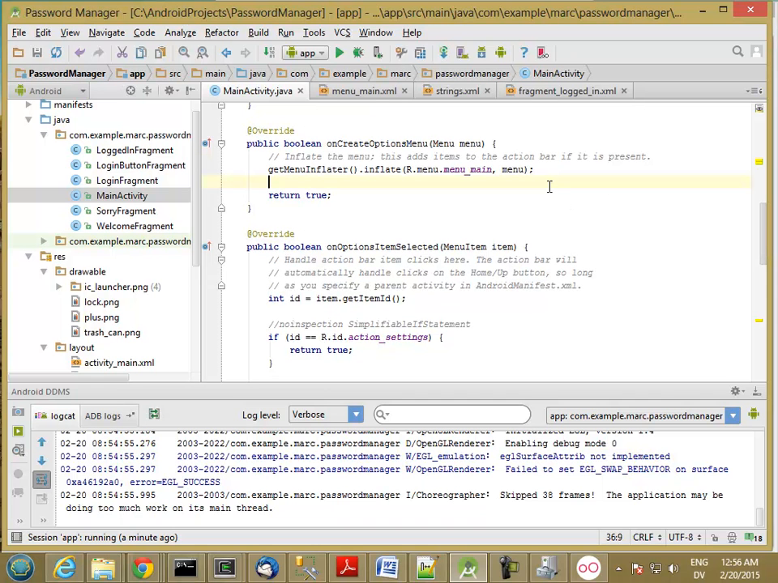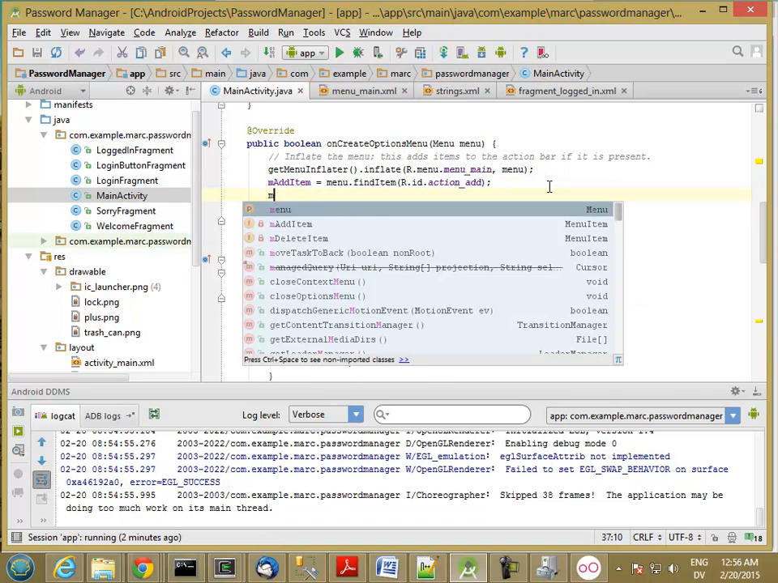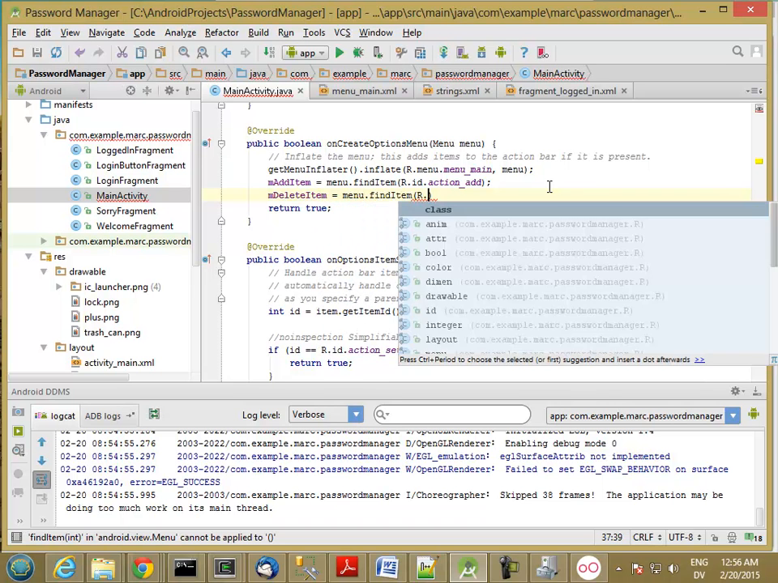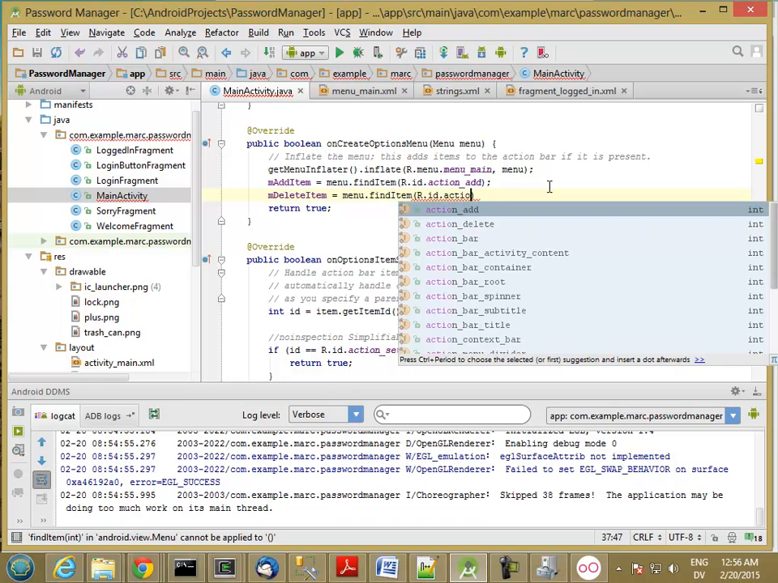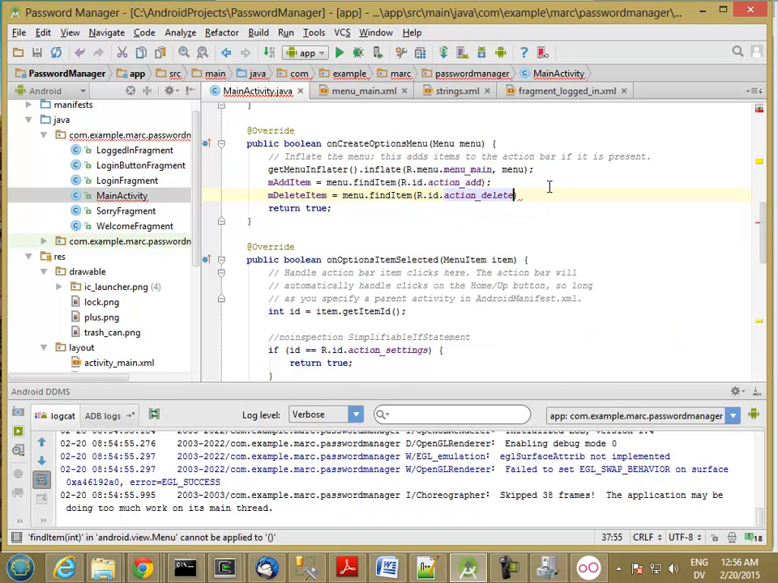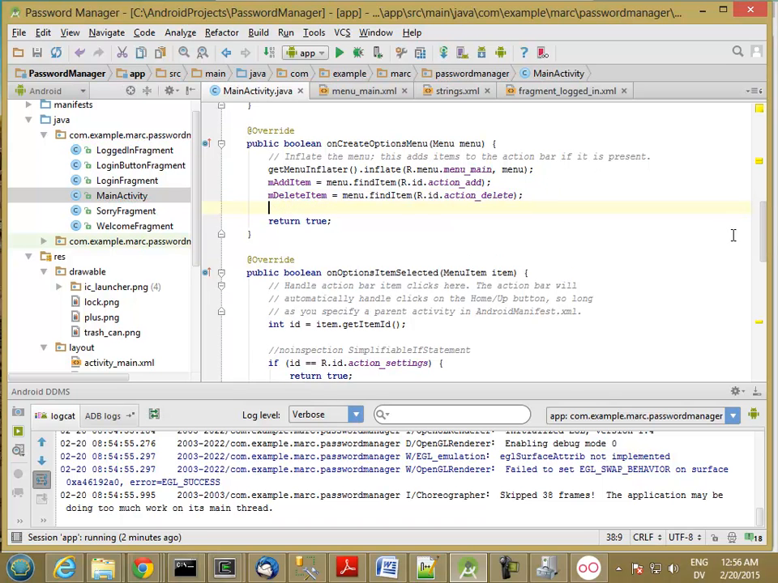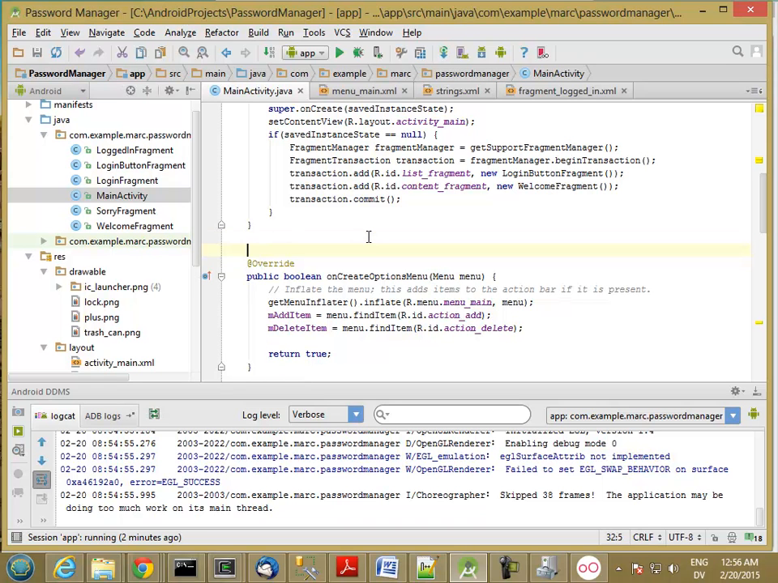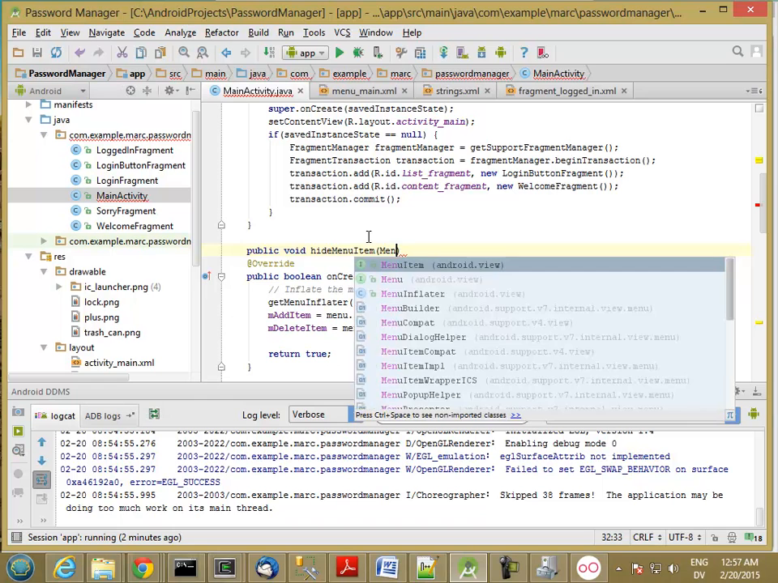And right here I'm going to set addItem equal to menu.findItem(R.id.actionAdd), and our deleteItem will be menu.findItem(R.id.actionDelete). Okay, so now I've found them. I want to go ahead and hide them here, and I'm going to create two helper functions for that. So public void hideMenuItem, and it's going to take a MenuItem,